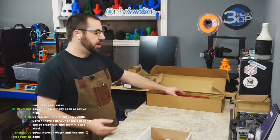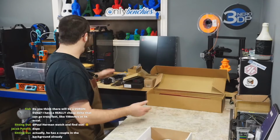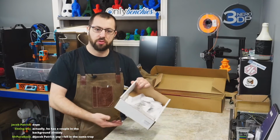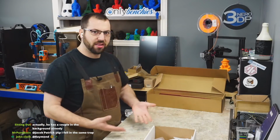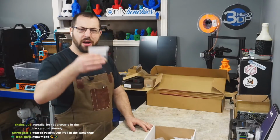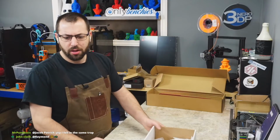Now, yes, LDO makes frame kits and screw kits and stuff like that. Those I have on hand. Those I can say are, you know, I haven't used all these screws yet, but they're probably pretty good, okay? But electronics kits are where we're seeing a lot of funky stuff. The wrong heat set inserts are really common. They said a lot of kits have the wrong heat set inserts. So,